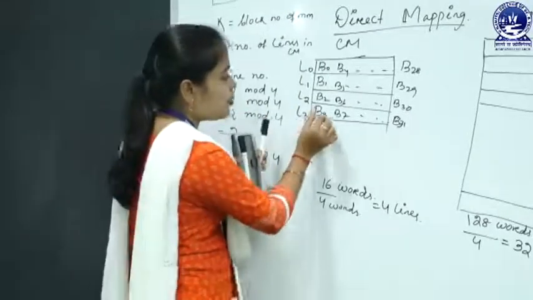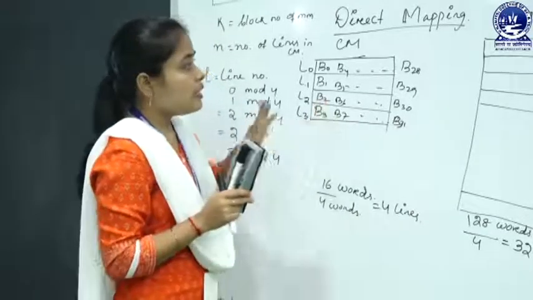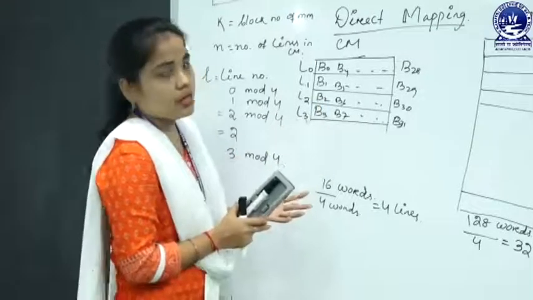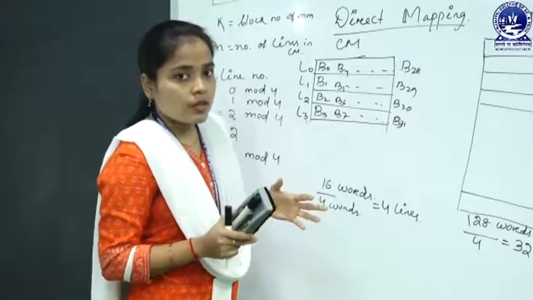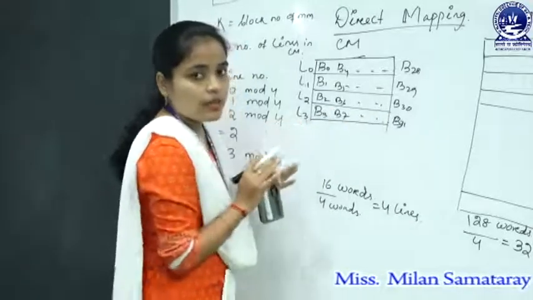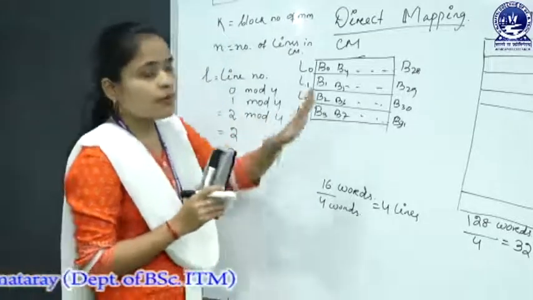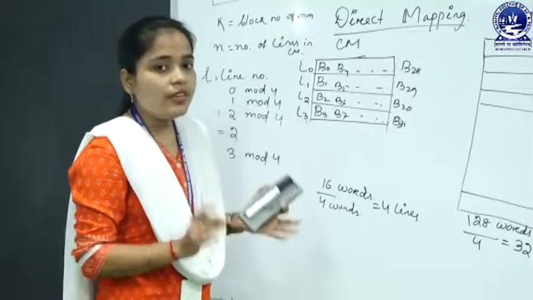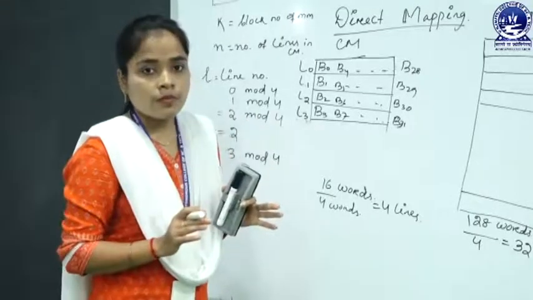Like this, when B2 or B6 comes, and you have to remember only one block can be assigned into the cache memory at a single point of time. You cannot assign multiple blocks because we are setting the line size equal to the block size. So, whenever B6 comes into the cache memory, it has to be stored in line number 2. So, this is the concept of direct mapping. The location is already fixed, or the blocks have to be assigned into a fixed location.